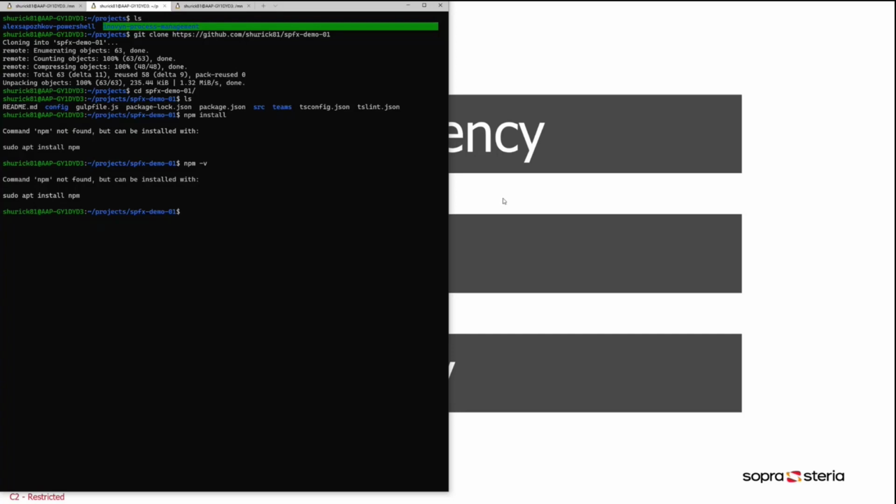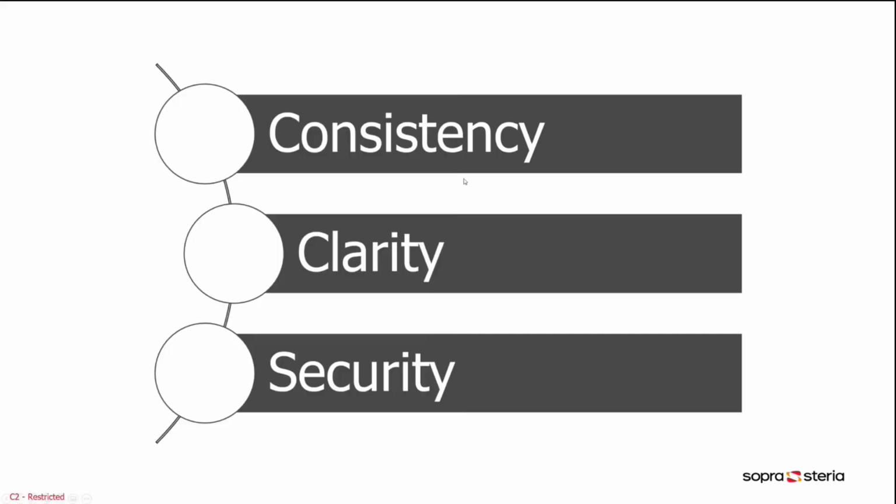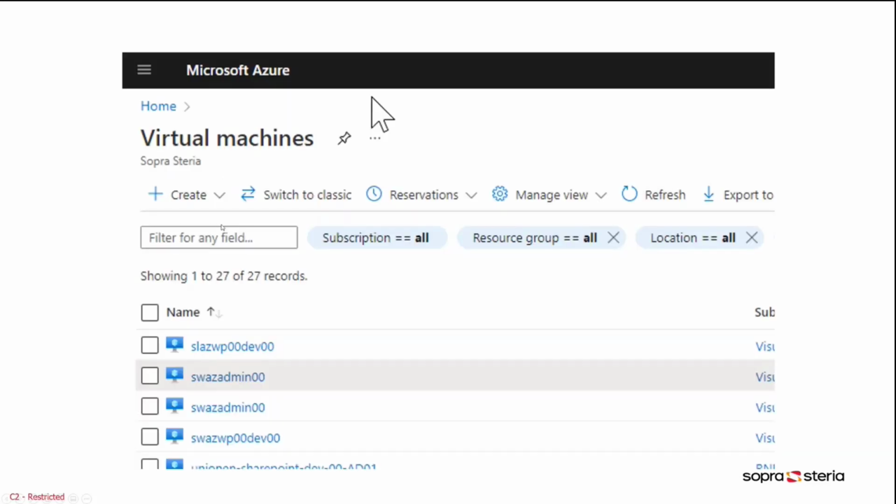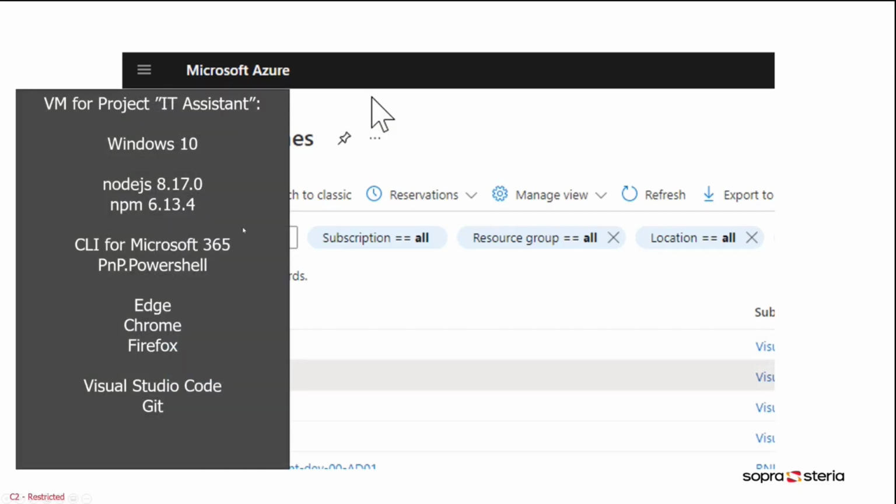So to address that, if you put these demands into extremum, you could use some virtualization, of course. You can create a virtual environment, for example, a virtual machine for each project. Every developer will have a dedicated virtual machine for every project. For example, those developers who work with the so-called IT assistant project will have the very same virtual machines with the same software.